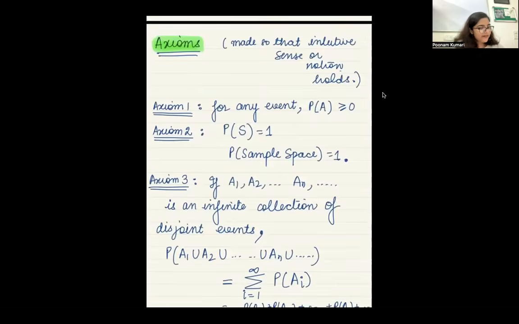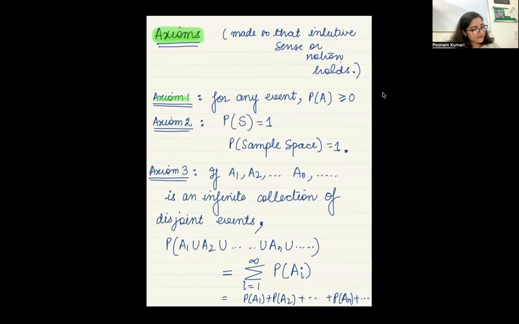So अभी हमने क्या define किया है? We've defined 3 axioms. And if there is any result which can be proved or which can be derived from these 3 axioms, that will not be considered as an axiom. That will be a theorem. So what do we try to do?